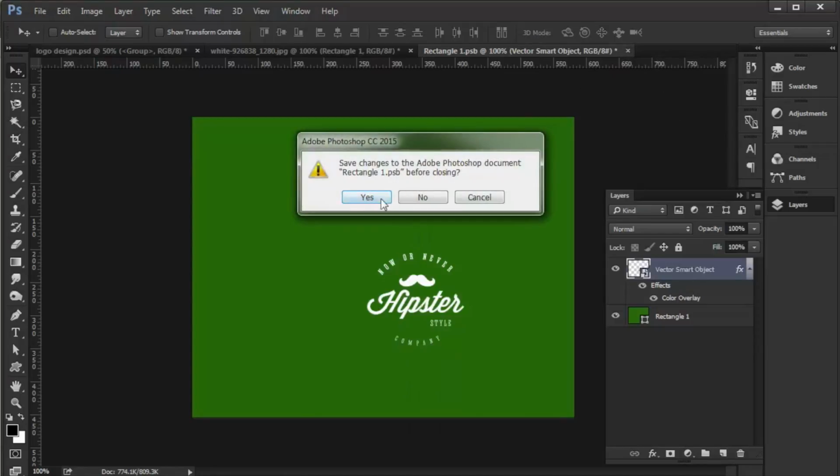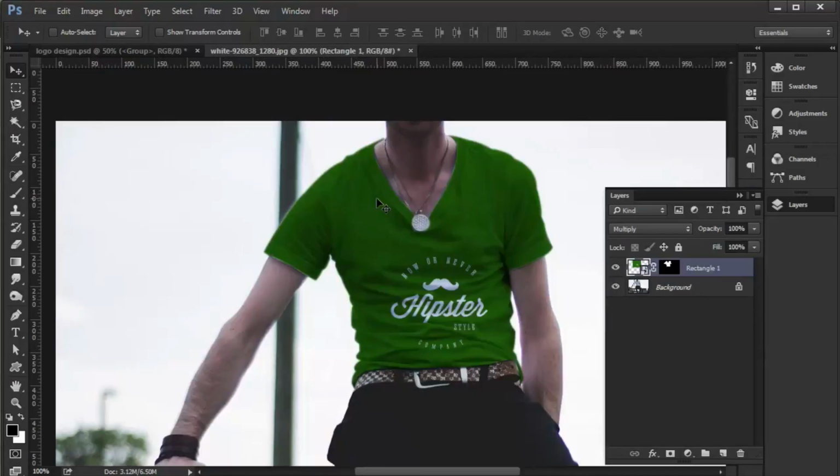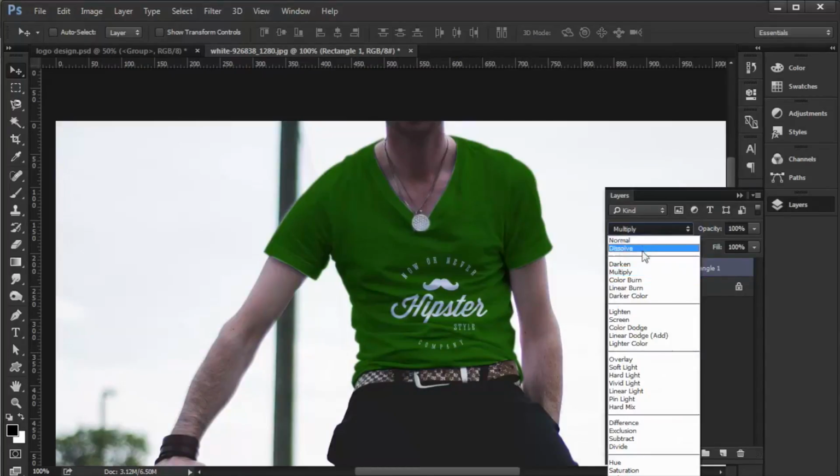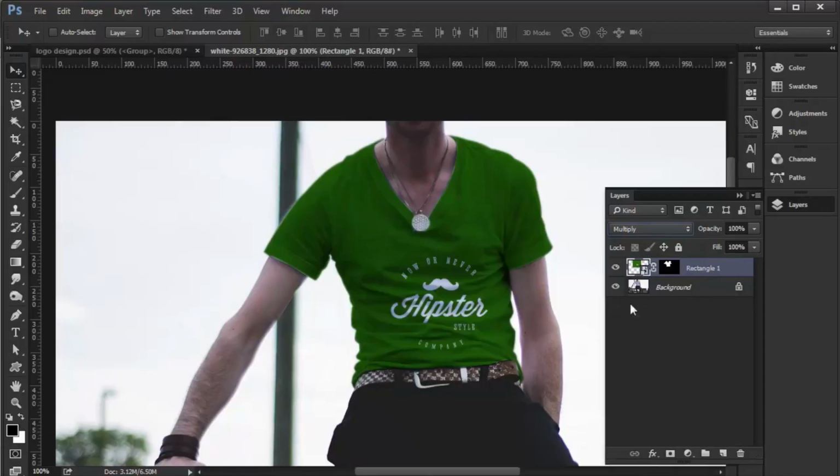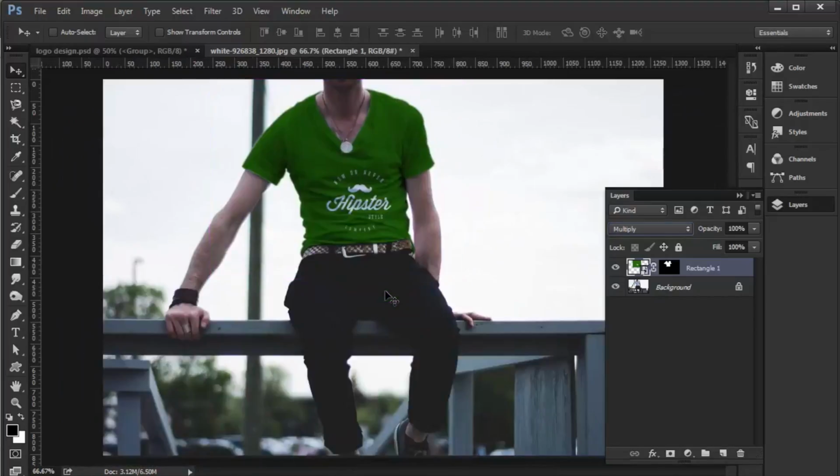Close this window, click yes, and there, as you can see. And the good thing about changing the blend modes is our design looks like we printed on this t-shirt. Okay, so that's basically the simple way on how you can make a mock-up template from any images